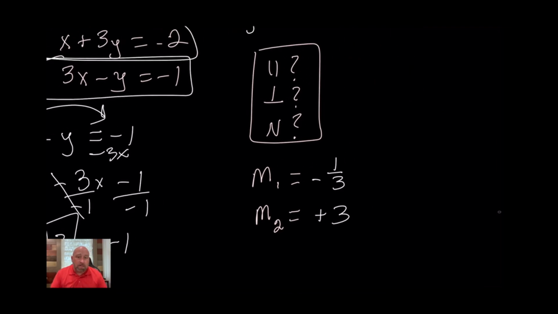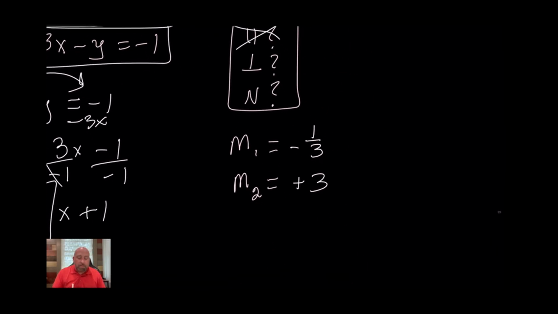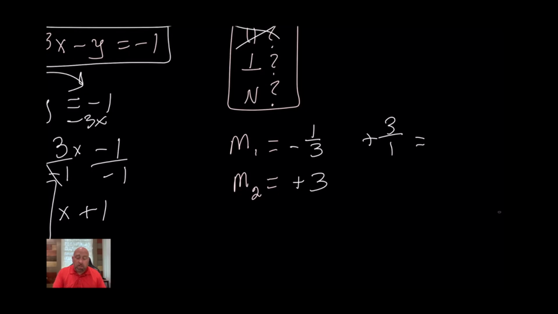Now, let's answer this question. The question is: is it parallel? Is it perpendicular? Or is it neither? That's our question. So which one is it? Well, it's obviously not equal, so we know it's not this one. It could be neither, but it also could be the negative inverse, because look, we have a negative, because remember this up here, the negative inverse, negative flip. So what we want to do is flip this fraction. So if we take this, it's a positive, and if we flip the fraction, it's 3 over 1, which equals